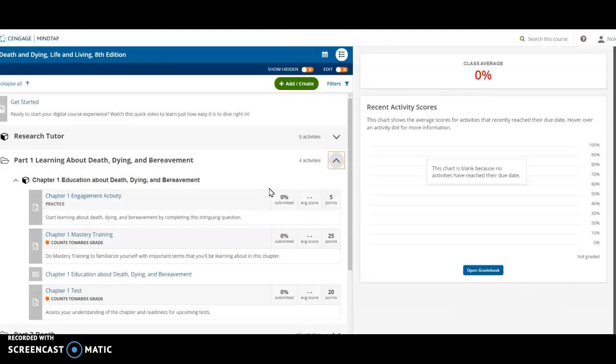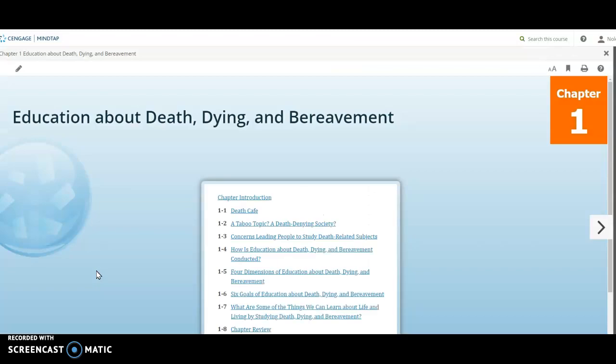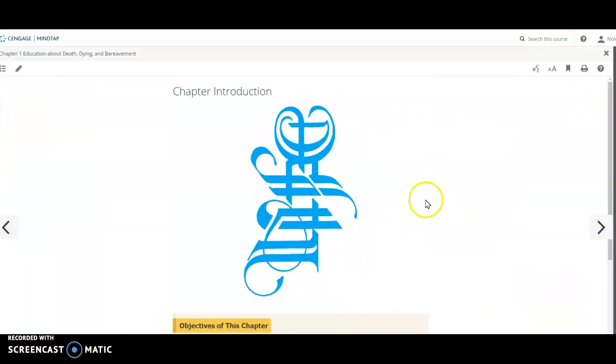There are a lot of things on there that I'm not using, but you will have to scroll all the way down here to where it says Chapter 1, Education, Death and Dying. None of these trainings count for credit, only what's in my syllabus. And here we have the textbook, the chapter introduction.